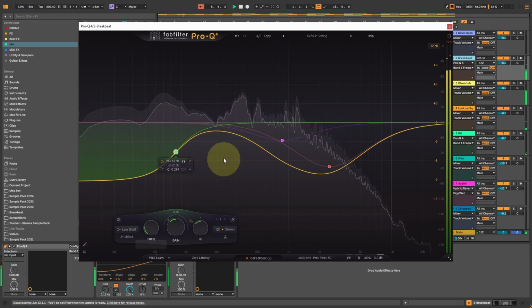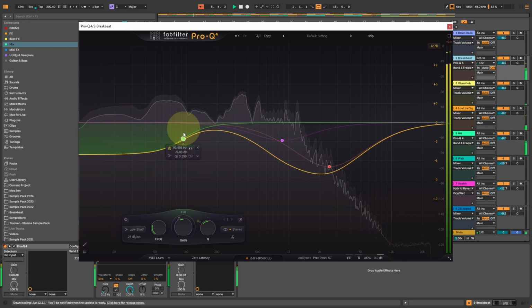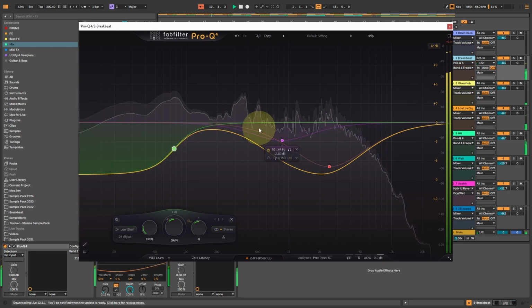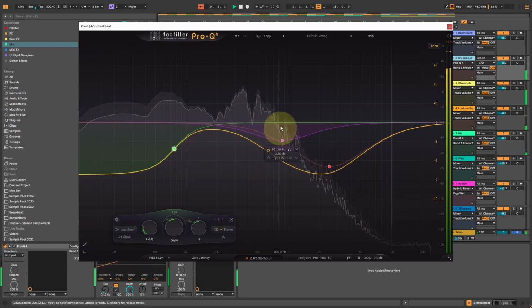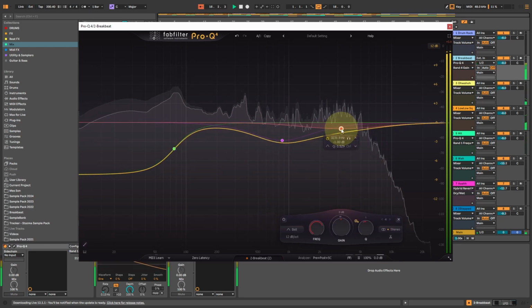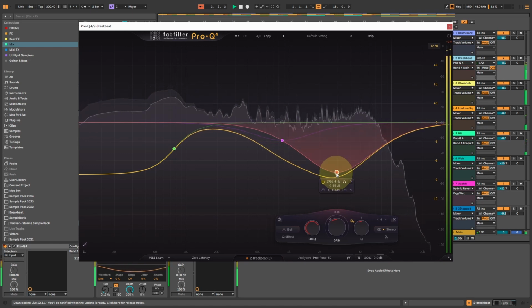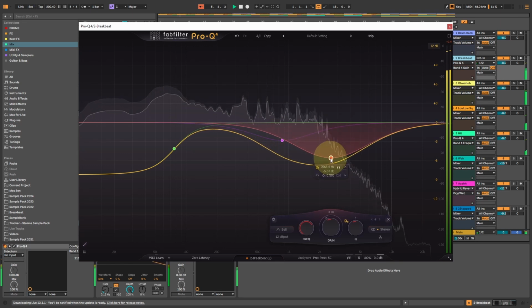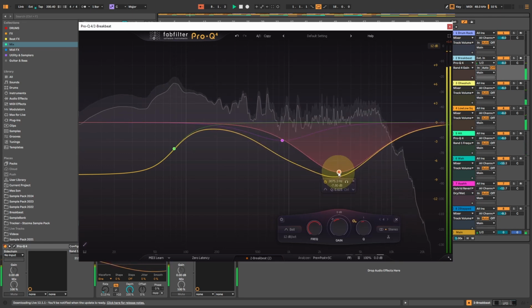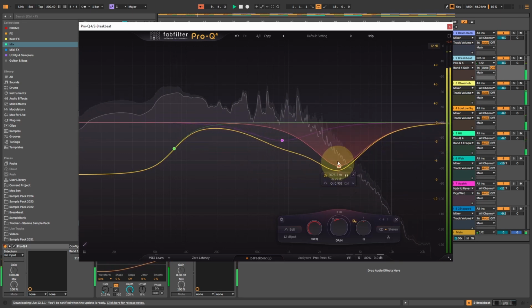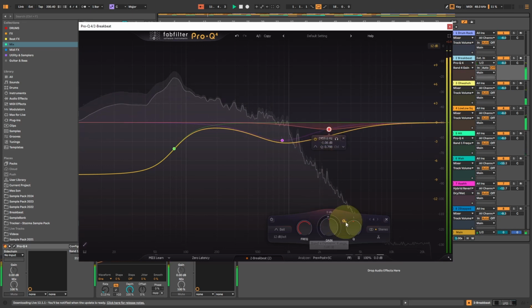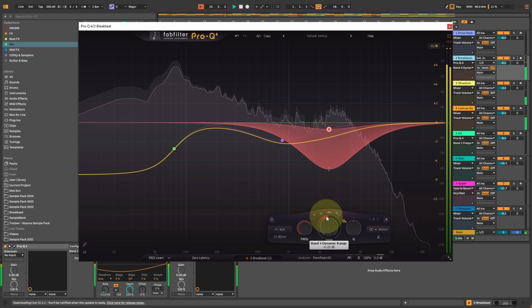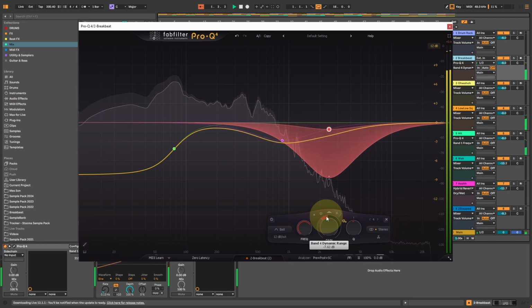So one of the awesome things about Pro Q is that you can just drag around your stuff and adjust the Q with the mouse. They were the first to do that, I think. Whatever. One of the new features that I really like is that instead of saying, oh, this resonance is cool, but it's a bit hardcore, and just killing it like you would on a normal EQ, you can actually make it a compression band, a dynamic EQ,